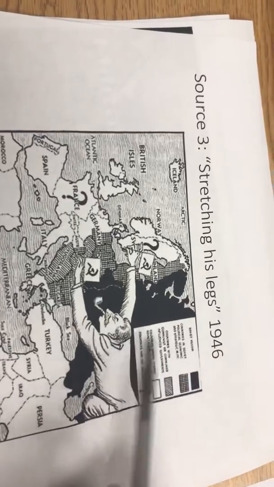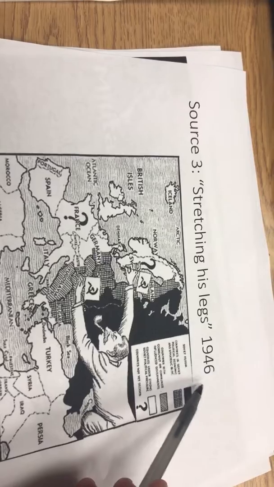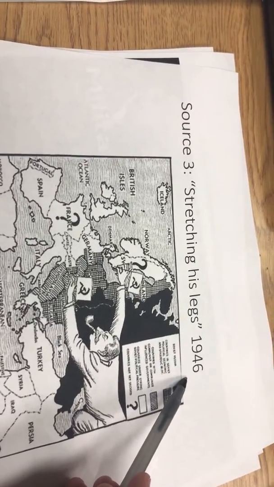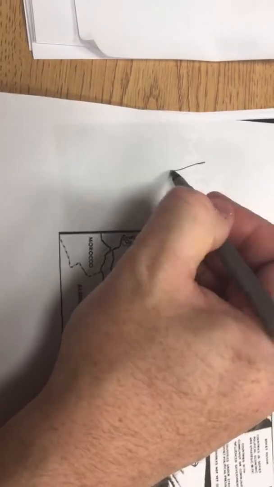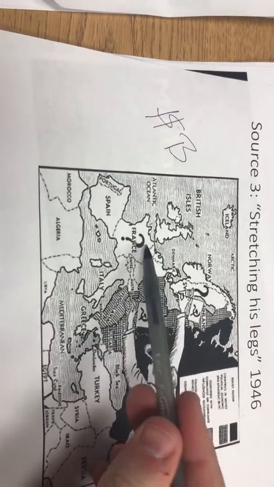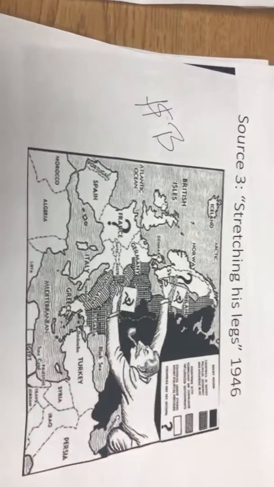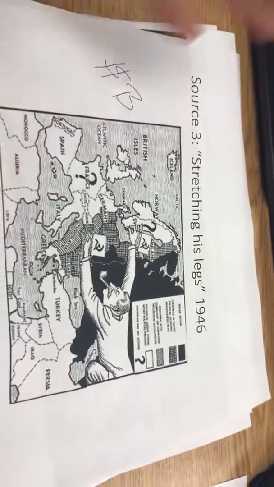This one is about containment. If you remember, Truman had this idea first of containment, something called the Truman Doctrine. The Marshall Plan, if you remember right, what did we do with the Marshall Plan to stop the spread of communism? We spent billions of dollars preventing communism from spreading into Western Europe. Were we justified in doing that? Were we justified in having taxpayers pay that much money? Well, it worked, so I guess it would be justified.